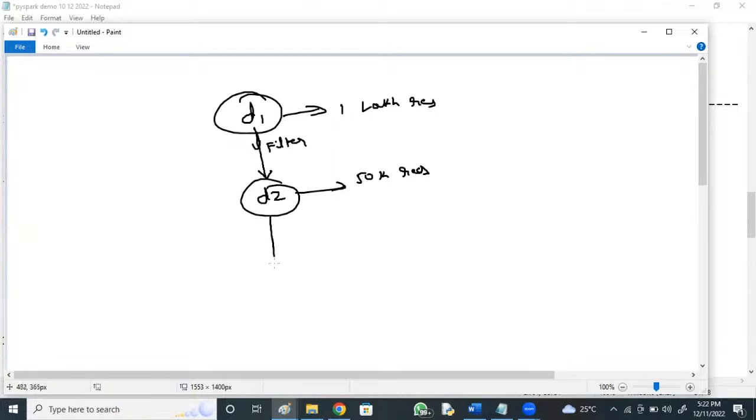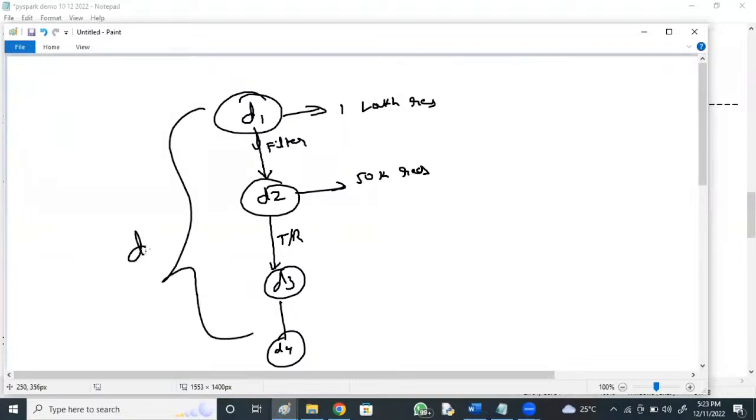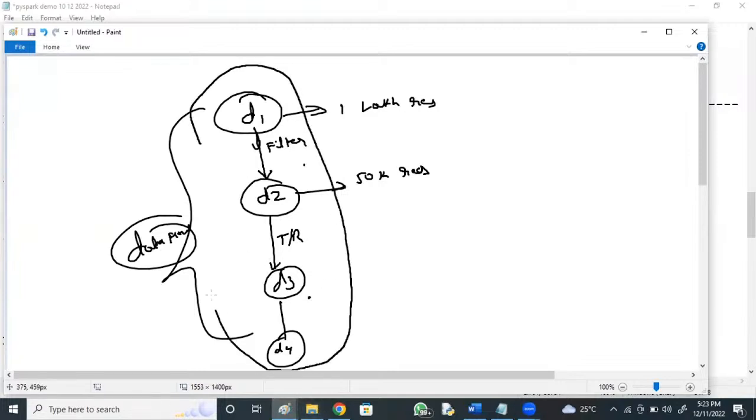On D2, again I'll perform some transformation and you will get D3. From D3 you get D4 with some filtering, mapping, grouping, aggregating, sorting. This is your entire data flow. Finally, the result D4 should be collected.